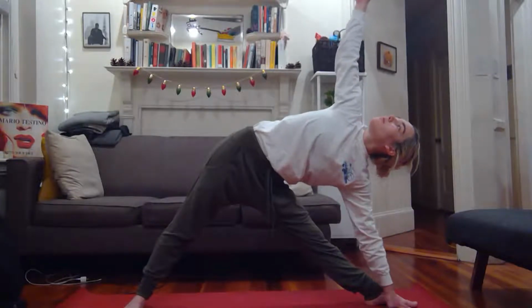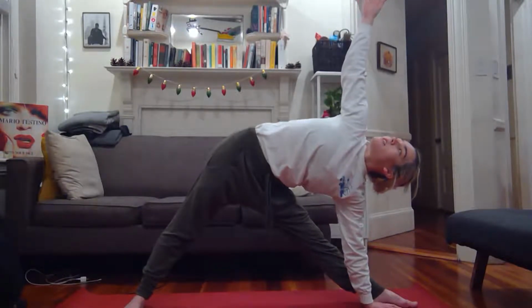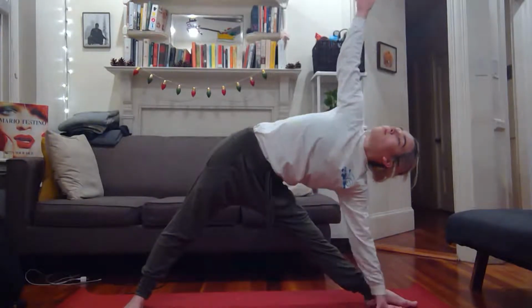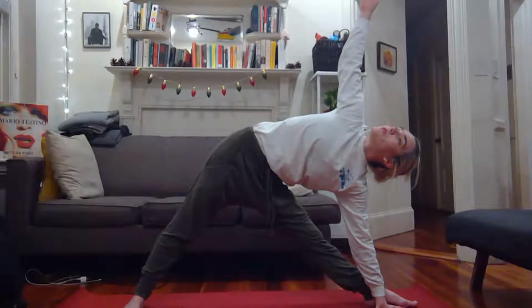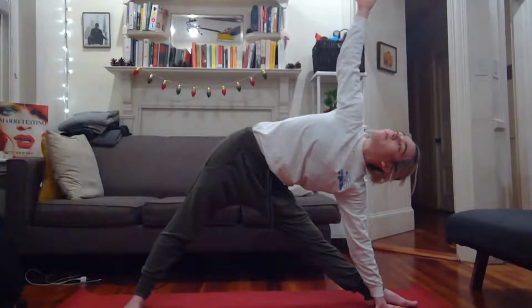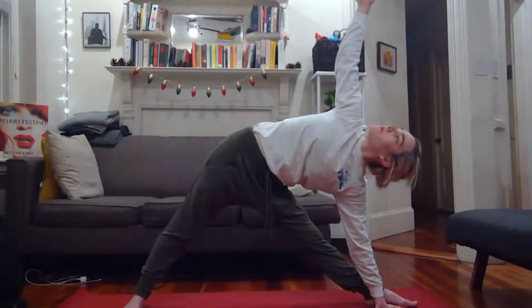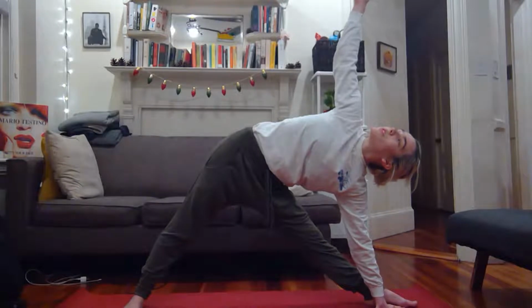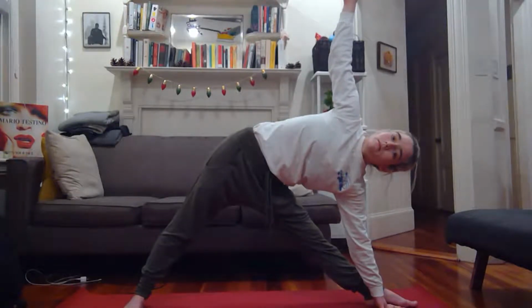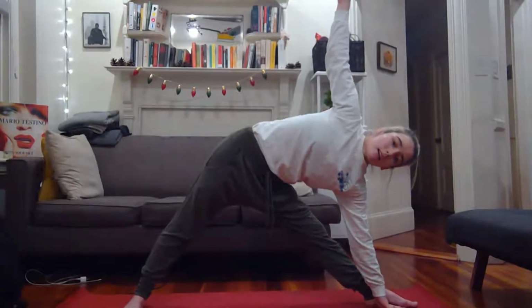And looking straight up. 5 breaths here. 1, 2, 3, 4, 5. Inhale and exhale. We're going to go ahead and just bend that front leg